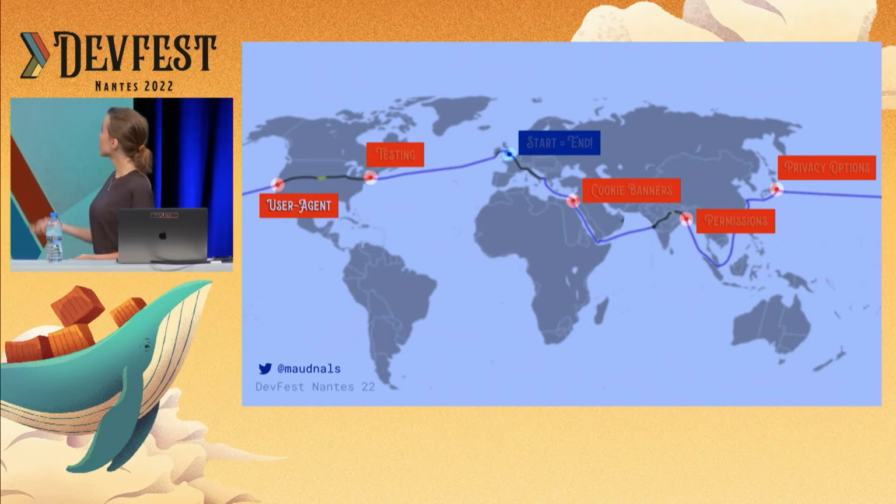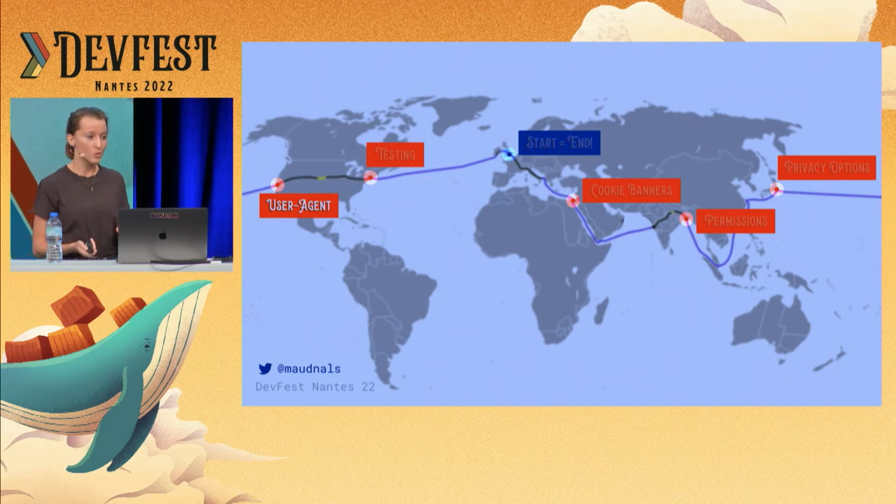All right, and with this, we're ready to move on to our next station. So we already crossed the ocean here. That was a very fast trip. And we are landing onto user agent. And that one is my favorite because it starts with something seemingly simple, but then it becomes a rabbit hole. So let's get started.